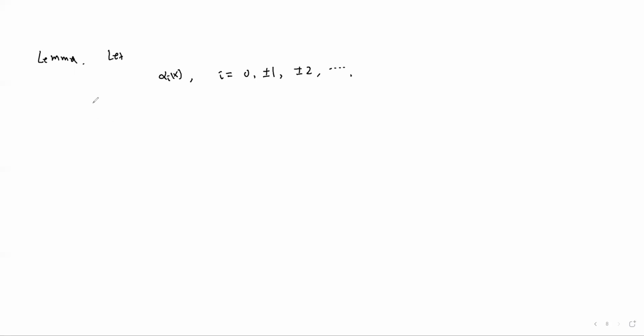Then the summation, i from negative infinity to positive infinity, of alpha_i, and this alpha is this alpha,